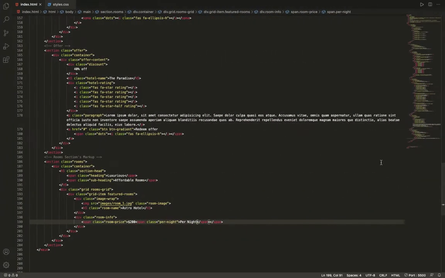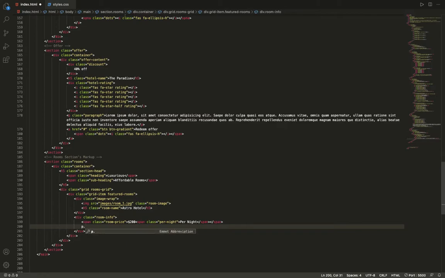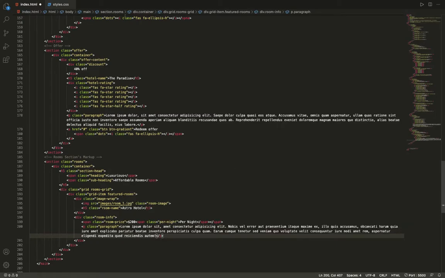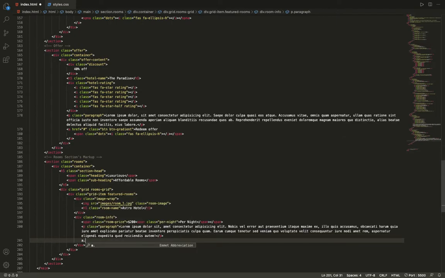Now after this, what I will do is go out of all of these spans, and I will make a P with a class of paragraph. I am also reusing this class paragraph, and inside this lorem 50. Now after this P, I will make a class of btn and room